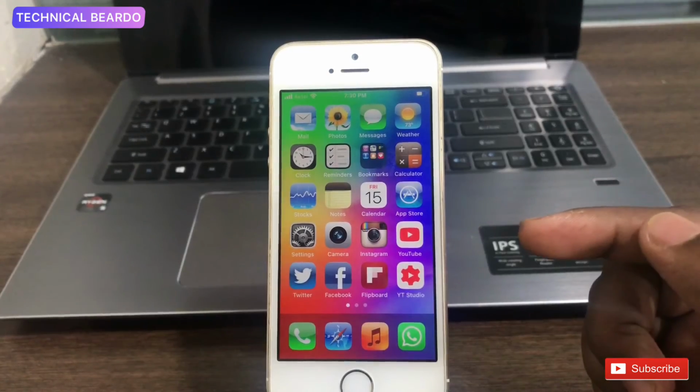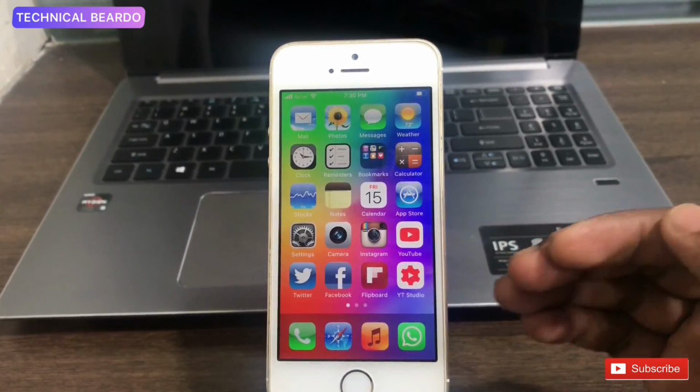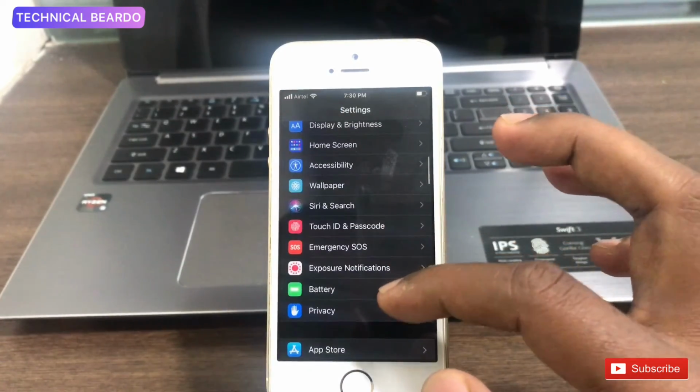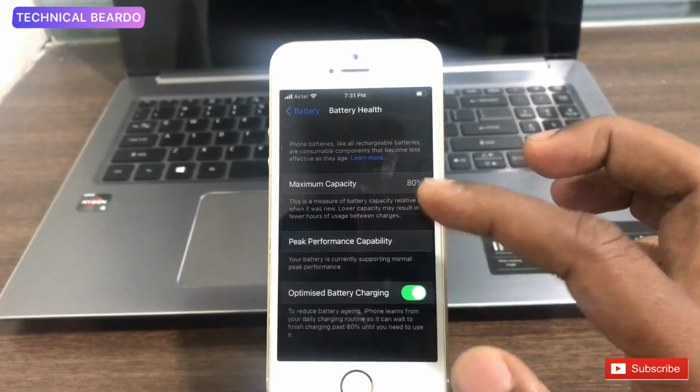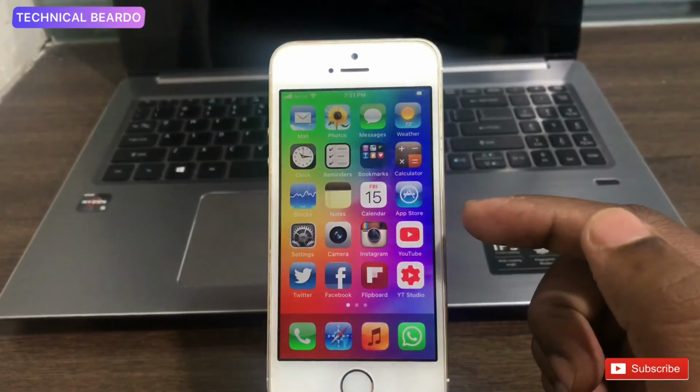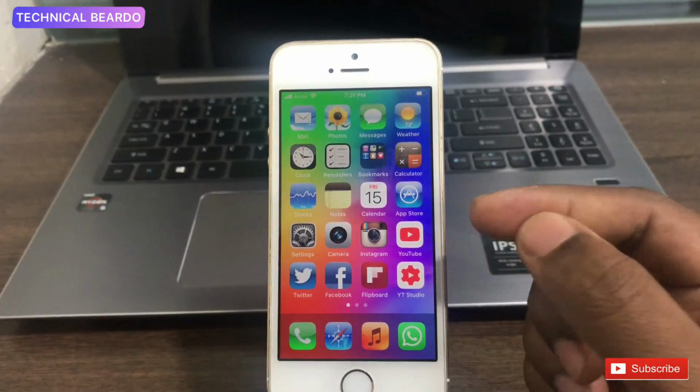This feature might work just like how our iPhone tells us about battery health. Just as our device displays our battery health and how our battery is performing, similarly it will start showing information about your camera and how your camera is doing. It is not yet confirmed by Apple, but let's see what comes in the future.